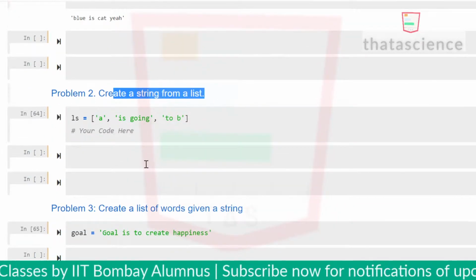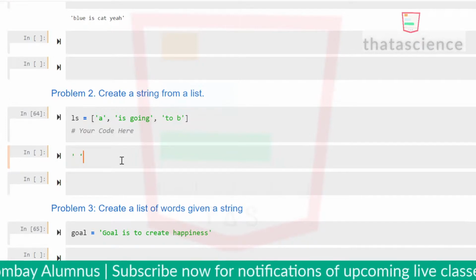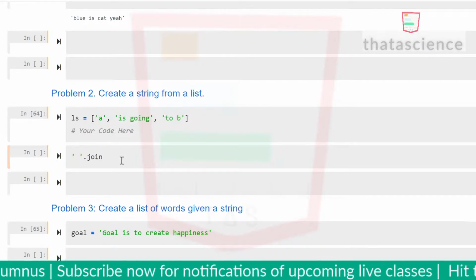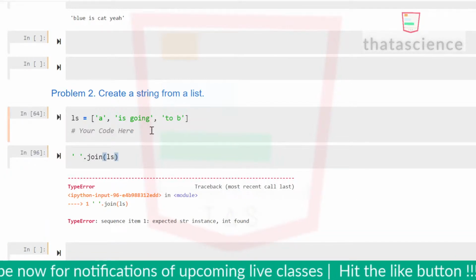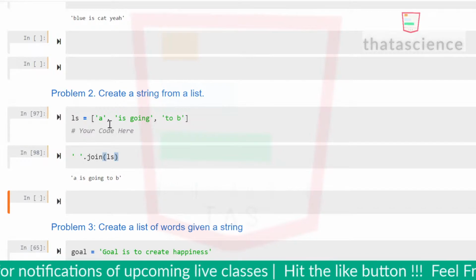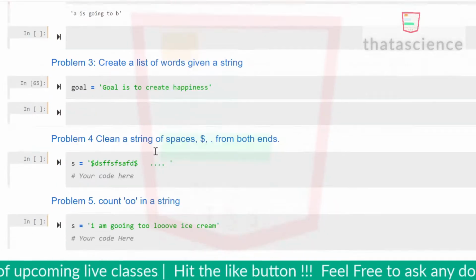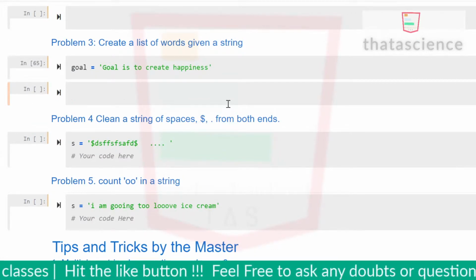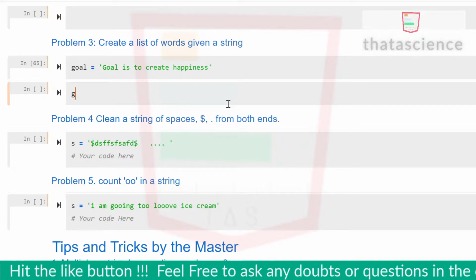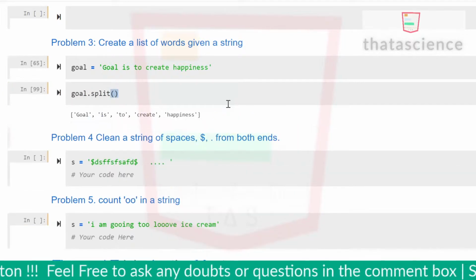I want to create a string from this list. So I just use the join method, dot join ls, and let's define ls. I want to convert this list into a string, so I would use the join method like this. And I want to create a list of words given a string. Basically, I want to split the string into a list. So with the split method, you get the